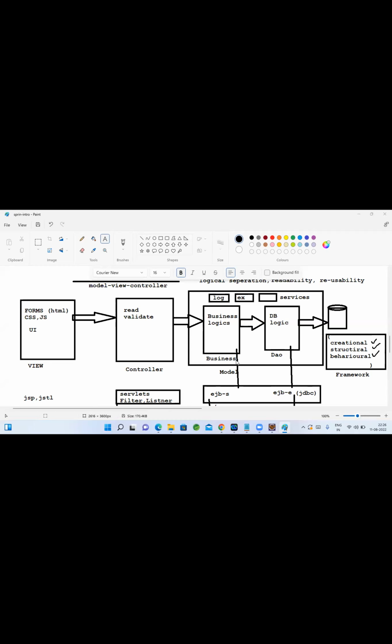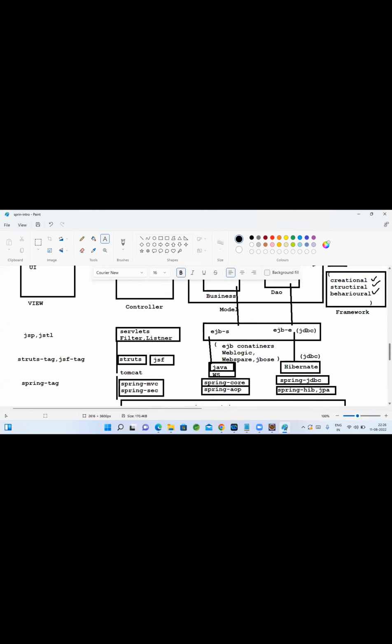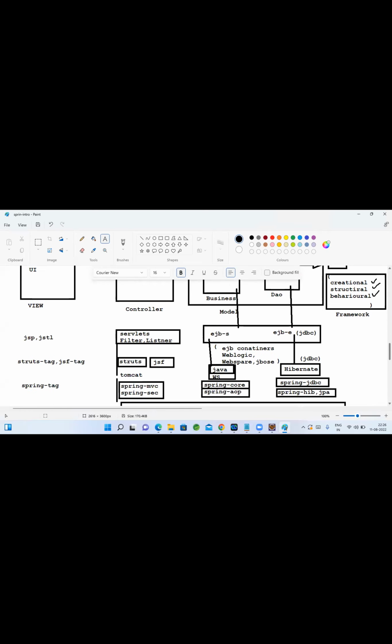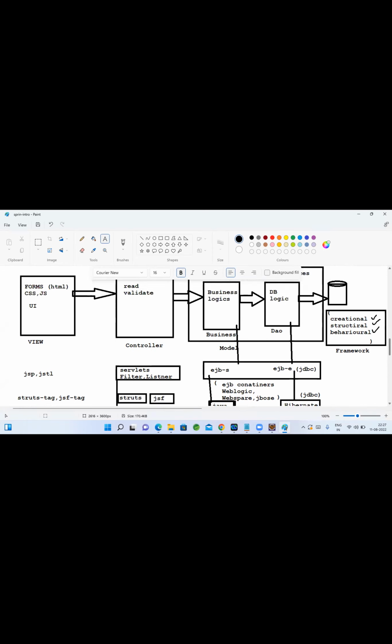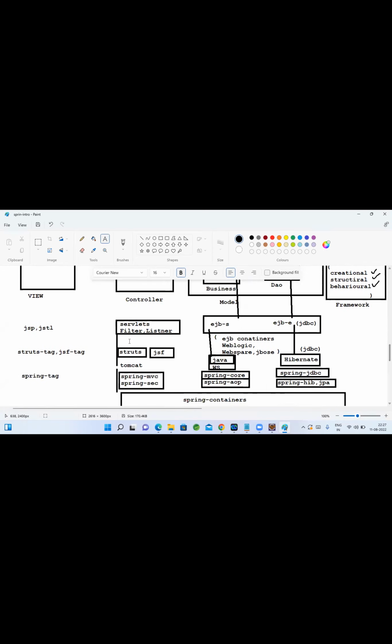Is this filter and interceptor concept part of the design patterns? Of course, everything is. Design patterns mean a best practice that is implemented to achieve something. We can call it a design pattern. Filter is a design pattern, the chain of responsibility pattern.